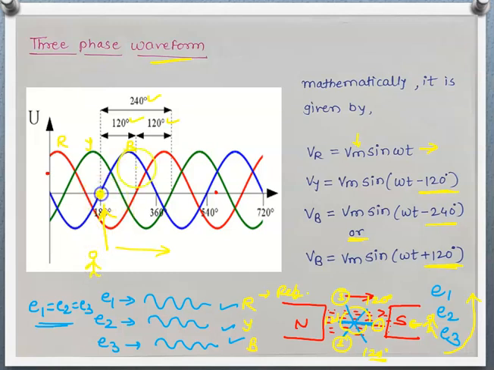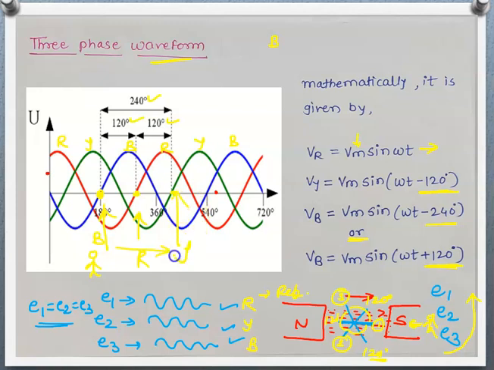Then at this position B is starting, so we will write B here. The red one is R, this green one is Y, and this is B. Which wave is starting? R is starting at this point, at this point B has started, and after this,